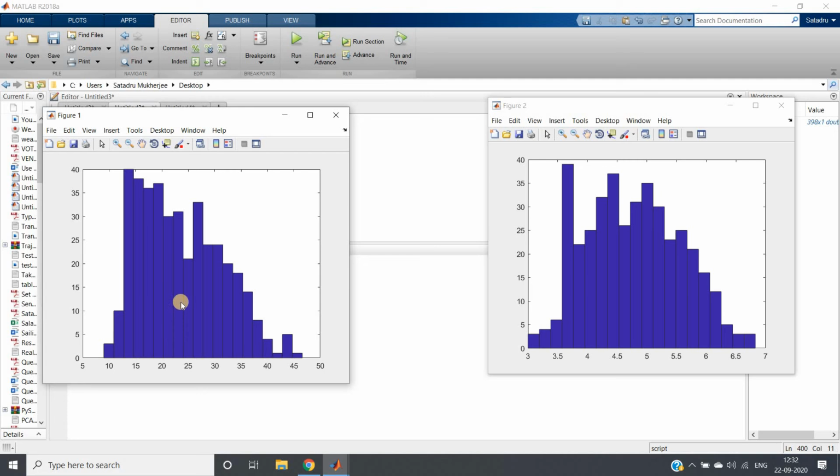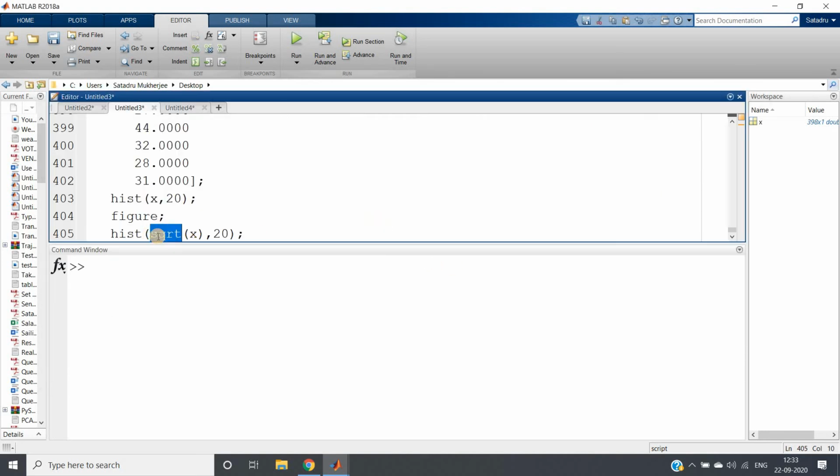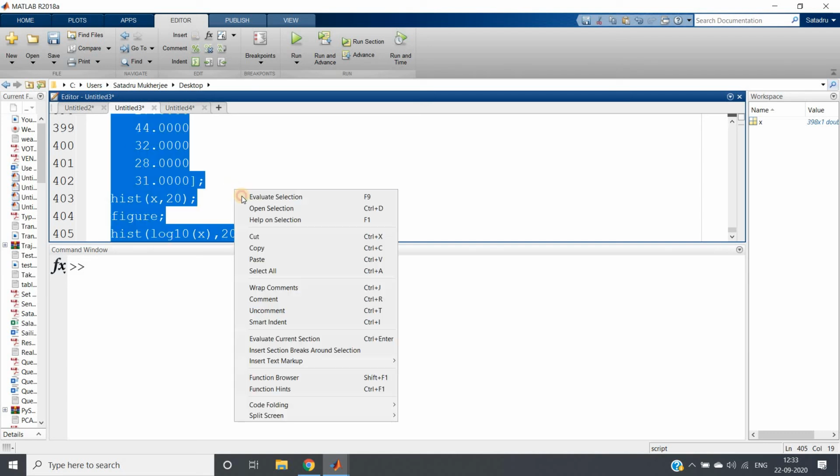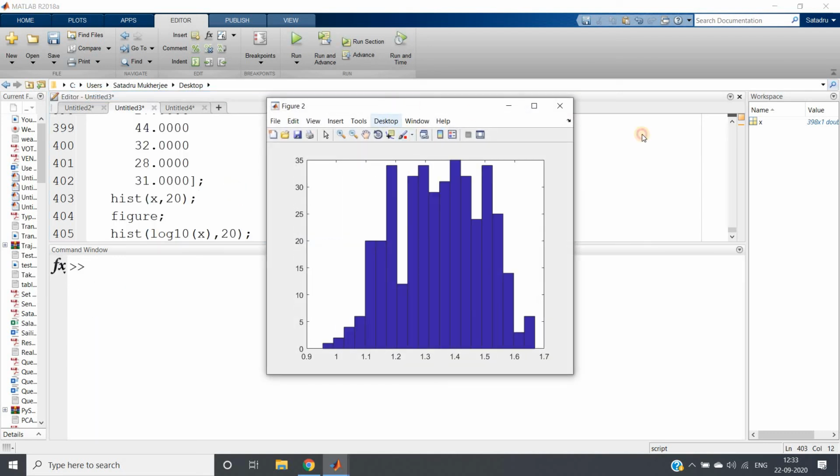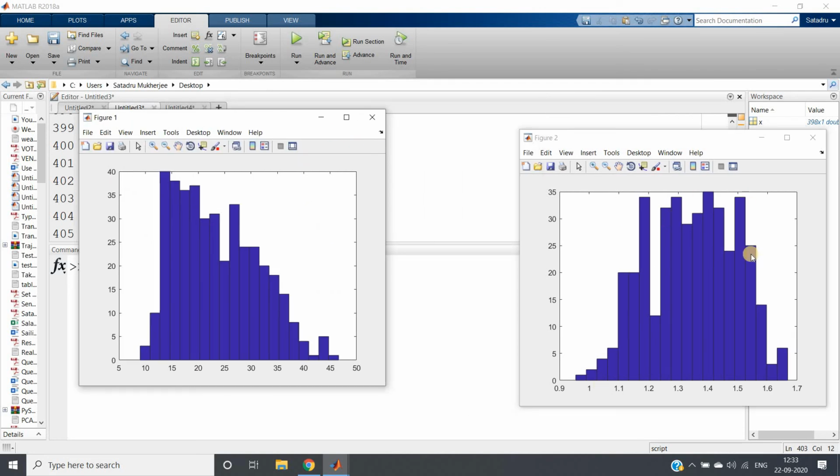See, this one is the original positively skewed data, figure 1, and if you see figure 2, which is the output of the square root transformation, it is much better and almost like a Gaussian distribution, not the kind of tail we were observing in the higher values. You can take log 10 transformation and get a very good result too. See, a fine Gaussian distribution, a standard Gaussian distribution, we are getting. So this is the algorithm to convert positively skewed data to Gaussian distribution.